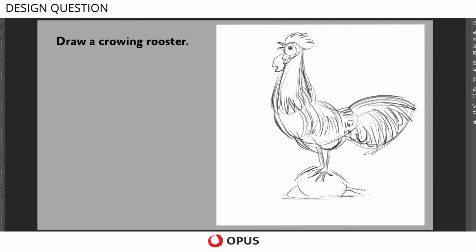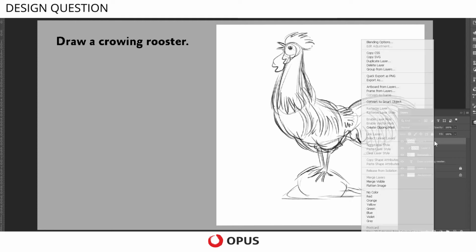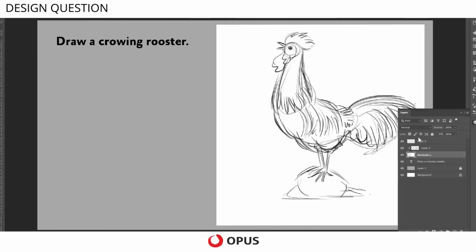Once you achieve that, your drawing will have a certain amount of likeness and also depth. So once you have this, then you can go for